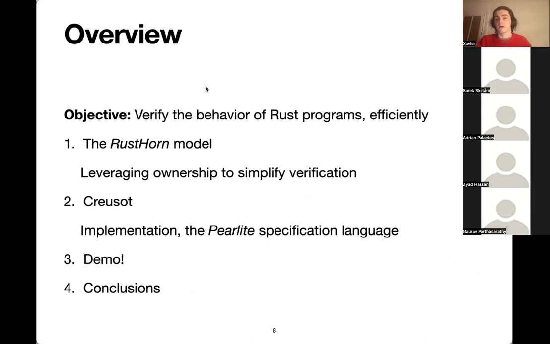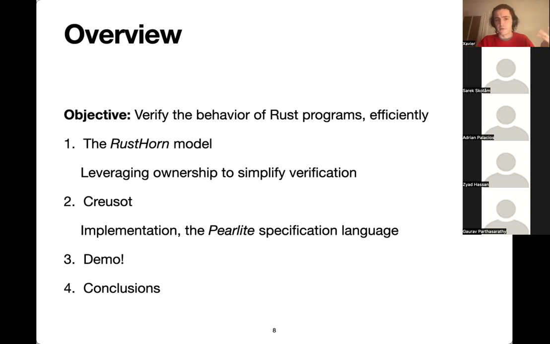So in this talk, of course, I'm going to be showing how Creusot works. I'll start off by presenting a little bit of the theory behind Creusot, which is what we call the RustHorn model. It comes from a tool developed by Yusuke Matsushita, who may be among us tonight, called RustHorn, which made some very clever observations about the behavior of mutable borrows and came up with a very ingenious way of representing them.